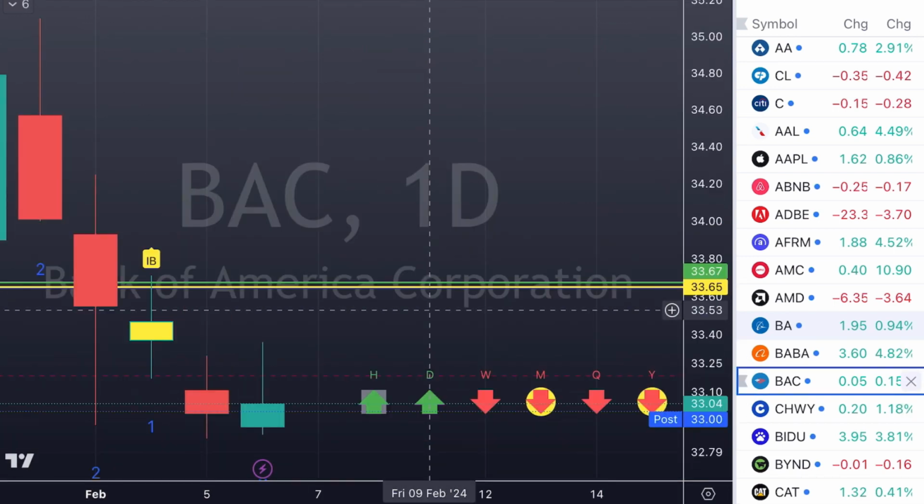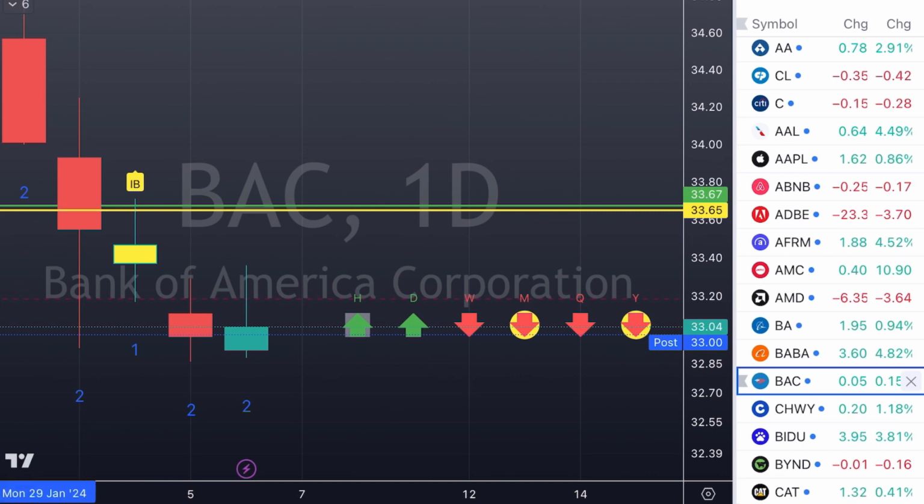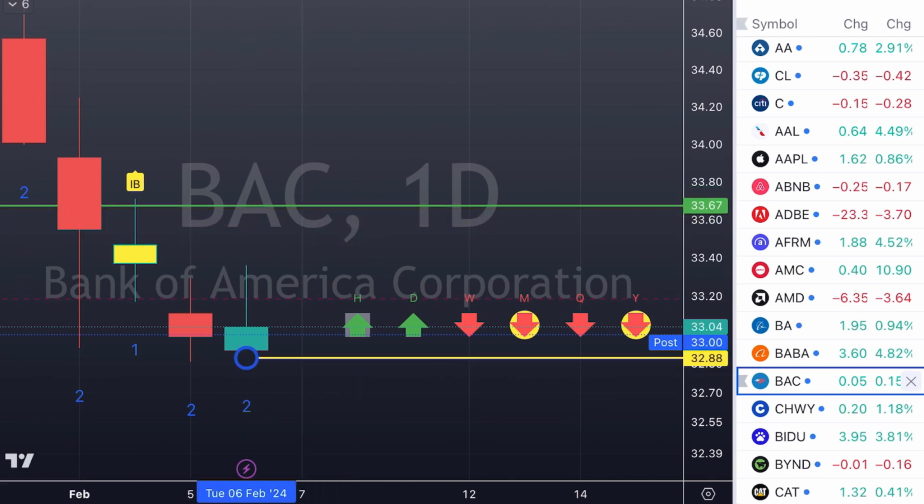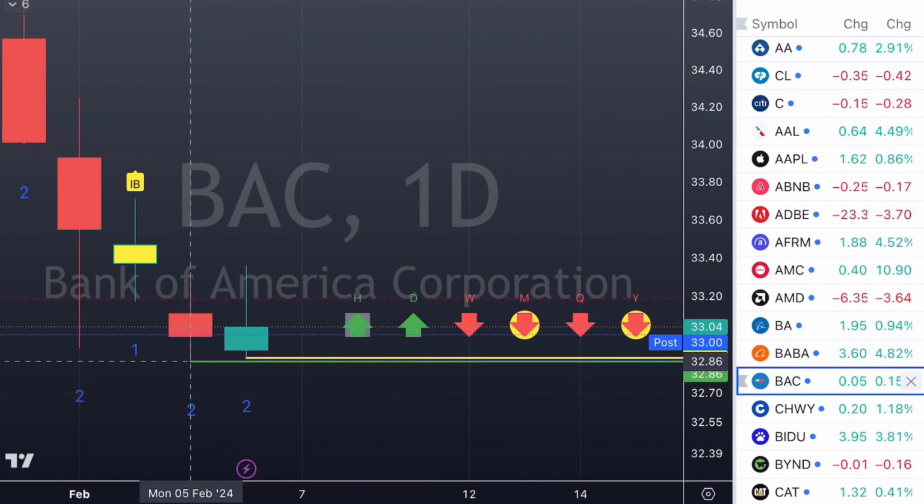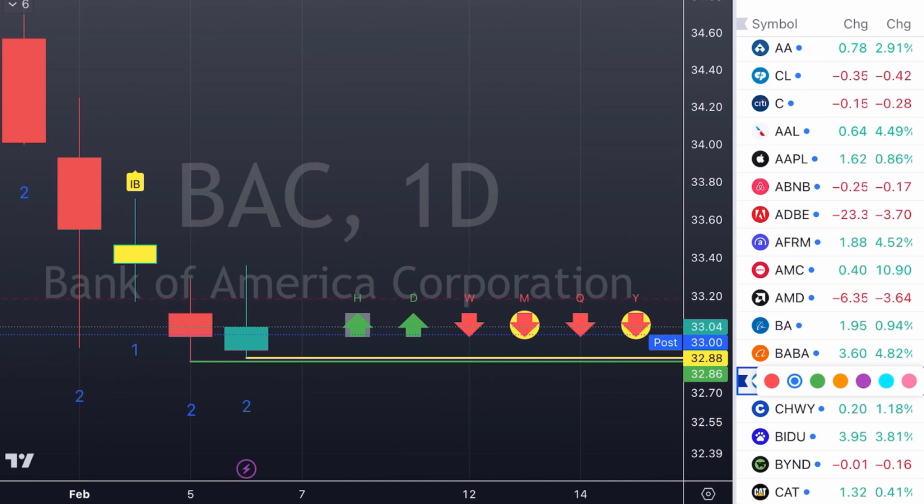Now, here's the thing. You could look at this and say, well, Clark, that's a shooter candle. Sure. You want to do that? You can do that and mark it out. Again, the target's not very great. I'll put it on the list because of that, but it's not something I would normally look at. I like to see those shooter candles as red. I like to see the 2-ups red for my future plays.